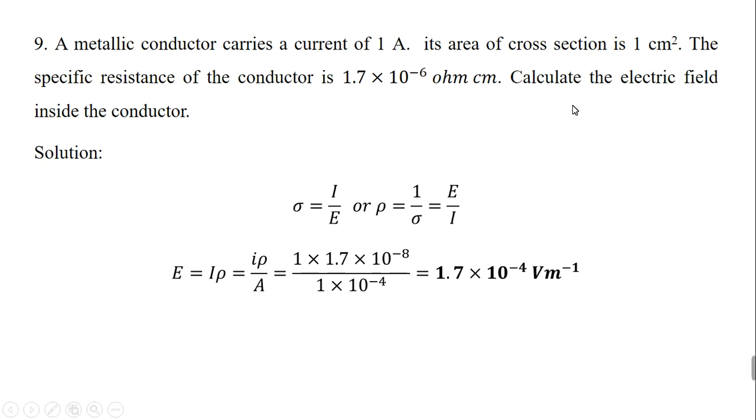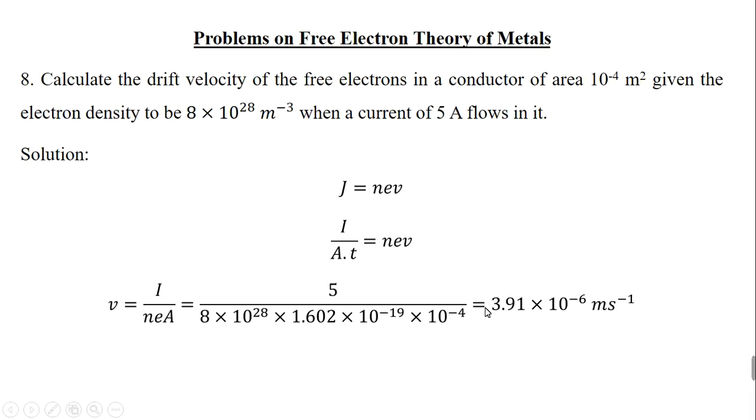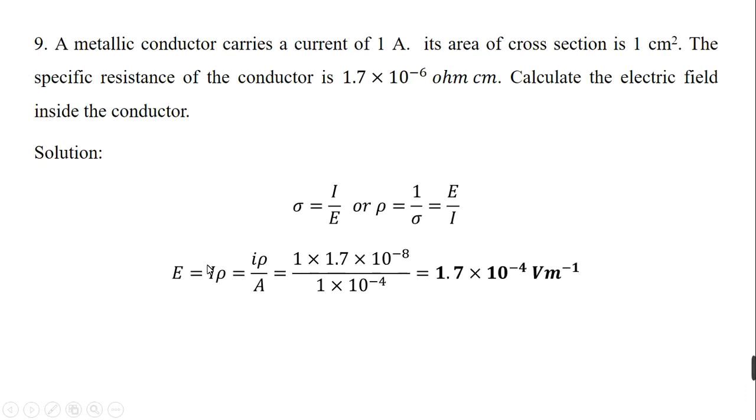So what is to be determined here? The electric field inside the conductor. This is to be determined. E is equal to J into rho. Now you say E is equal to J into rho. So J is nothing but I by A, as we have used in the previous problem. Current density is nothing but the amount of current flowing across unit area of cross section. So we have to make use of this in this problem. That is, in place of J, the current density, I am writing the amount of current flowing divided by the area of cross section.